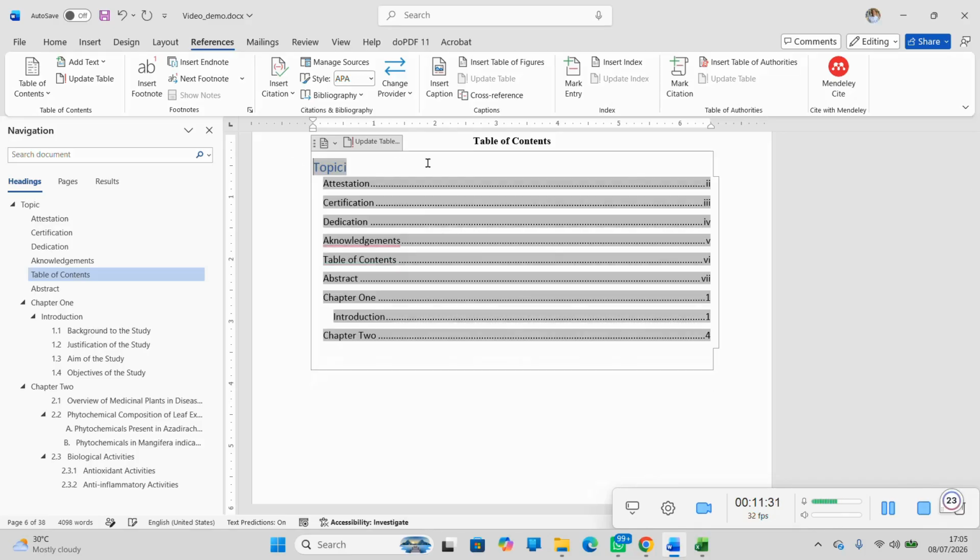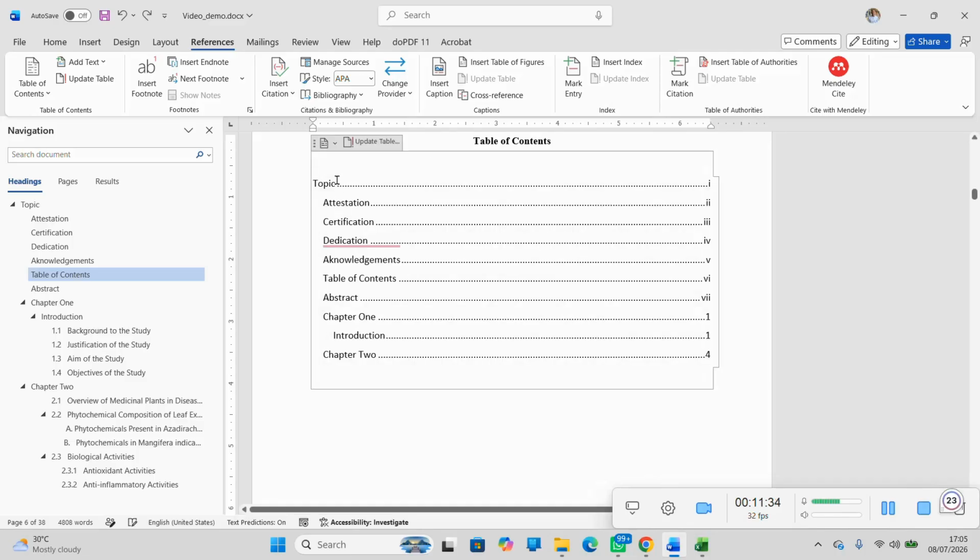And then because this is our title page, for example, and most times for your project topic, you may have a very long topic, it will be advisable for you to edit this to title page. So what's important now is you see how it combined everything on its own, down, down, down. So at the end of your work, before you finally go for printing or submission or saving as PDF, you come back and update the table so that any changes you made during review and all of that,